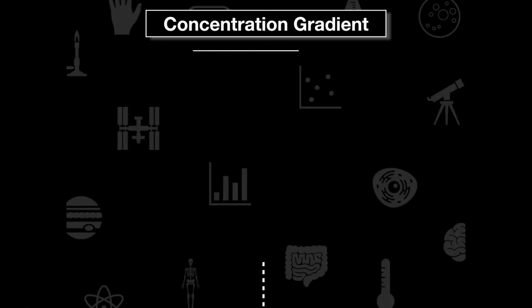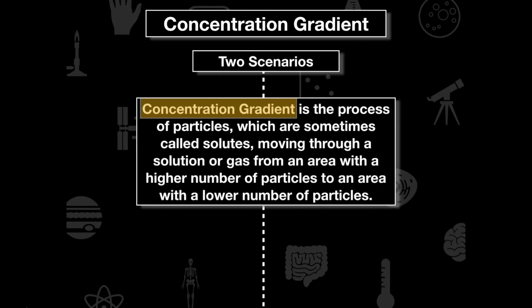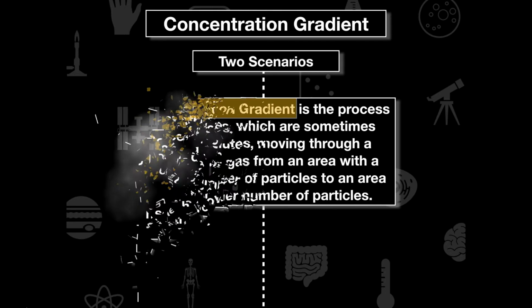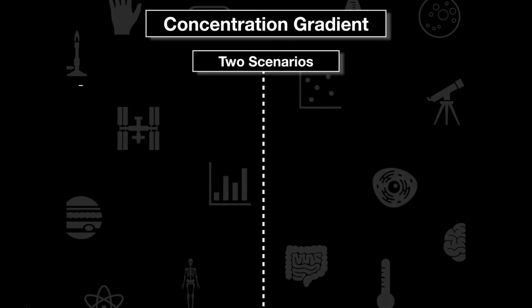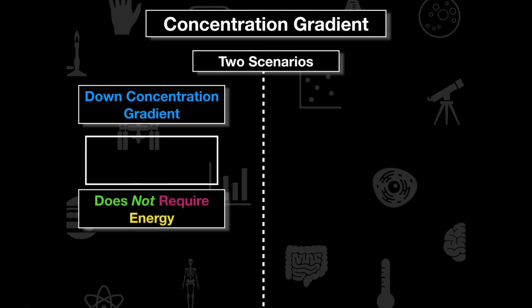So I want to go through and talk about concentration gradient, and there are 2 scenarios that we're going to look at. Concentration gradient is the process of particles, which are sometimes called solutes, moving through a solution or gas from an area of a higher number of particles to an area with a lower number of particles. It's going to look like this. If we are moving down the concentration gradient, in this case, let's say we have a box of these 4 molecules here,